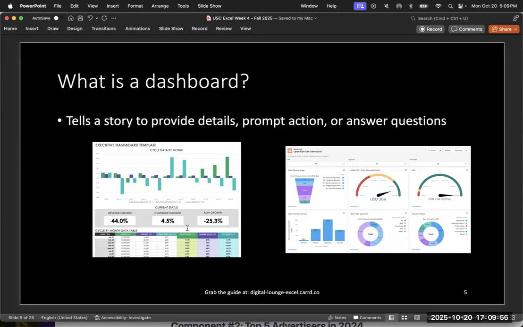Almost every kind of platform that you might be using to interact with data, especially in the working world, is going to have some sort of reporting or dashboarding feature. And the concepts of using all those are going to be the same as building a dashboard in Excel. All right, so this is an example of a dashboard that's maybe going to answer some questions or provide some